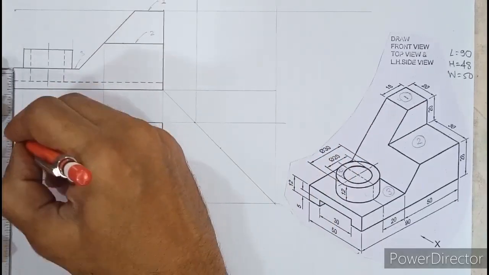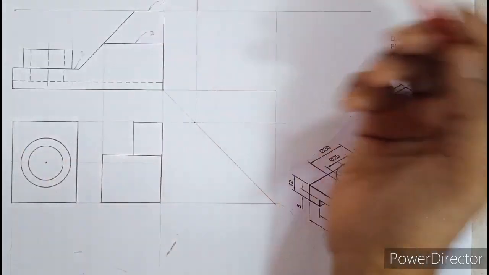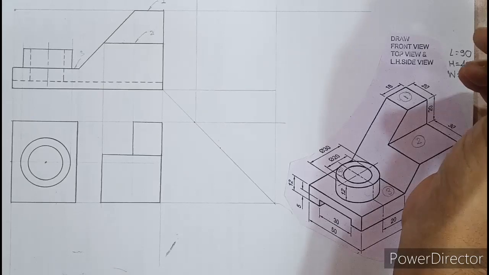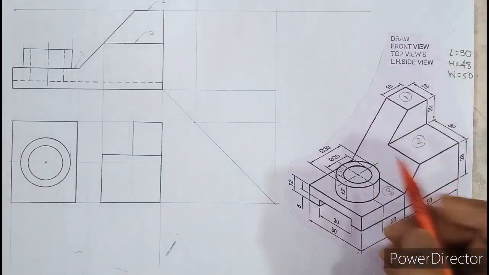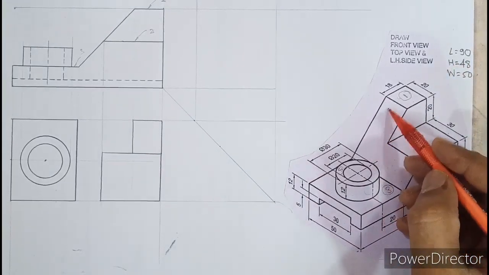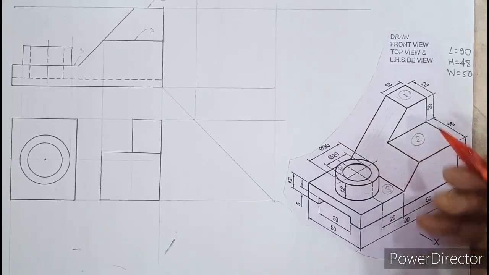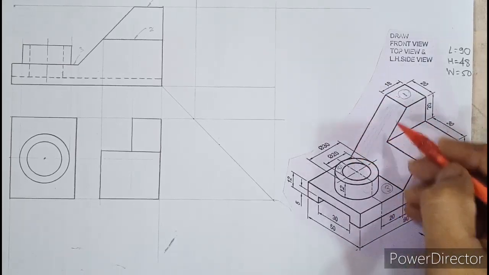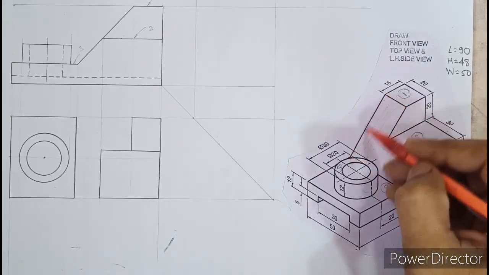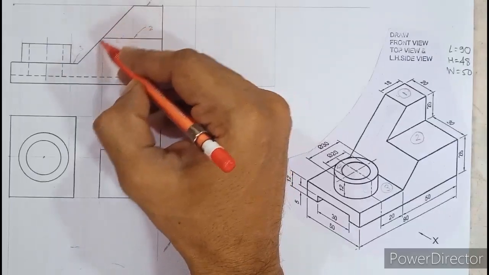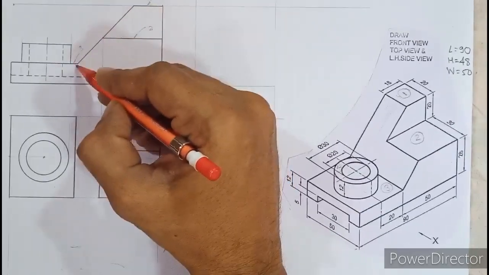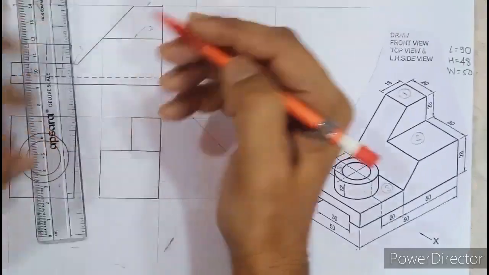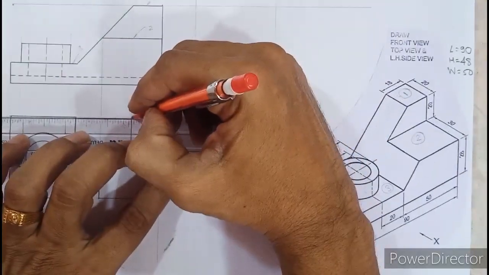So that is what I have done. Surface number 3 is ready. Finally, what is left is the inclined surface. If you look at this diagram, this is our inclined surface, right? So this edge, if you try to look in from the front and identify this edge in the front view, that edge is this longest length. So it is from here to here. And when you project that length down, already projected, and if you close this box,